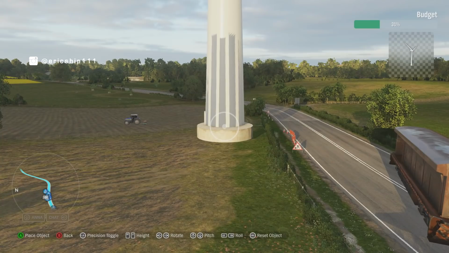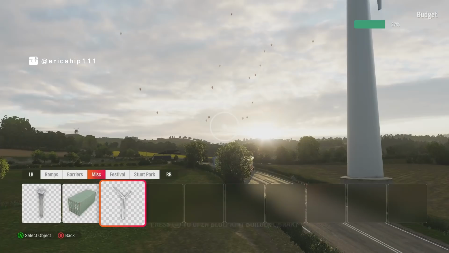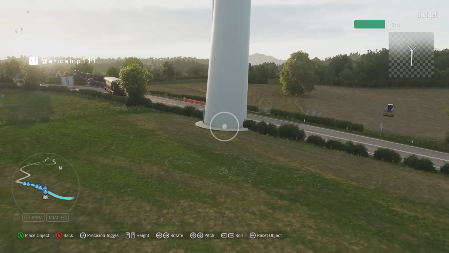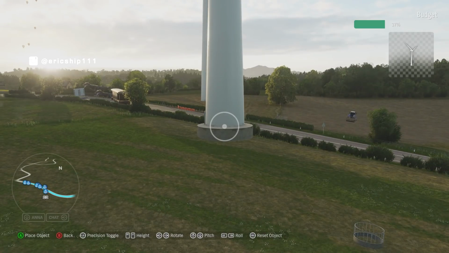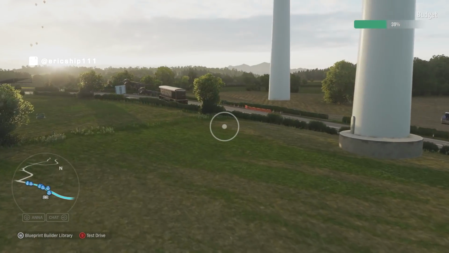Now, of course, there is a limitation. As you can see, I'm already up to 30% of my budget. So I'm guessing that's just the amount of memory that's been left for each particular blueprint, because it does take up a lot of, I would say, console power or computing power to place all this stuff as well. And then, as you can see on the bottom left, you can see how many objects are placed on the